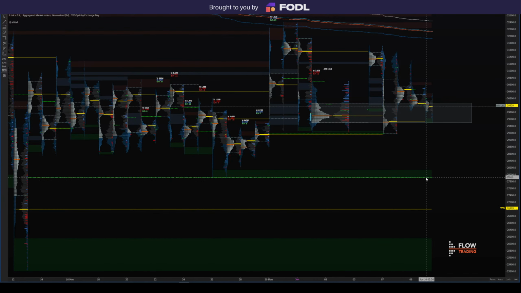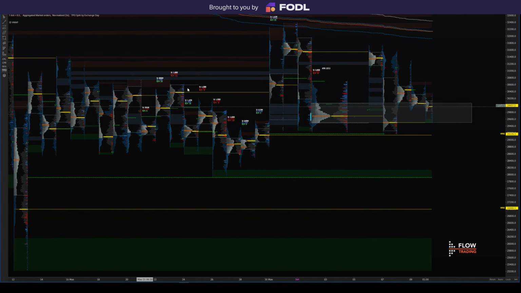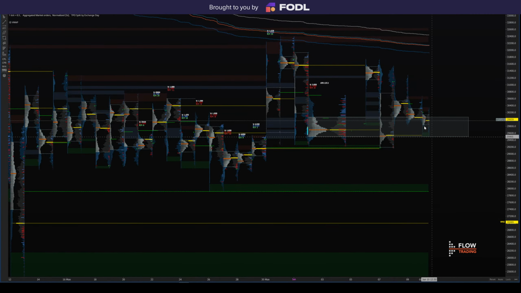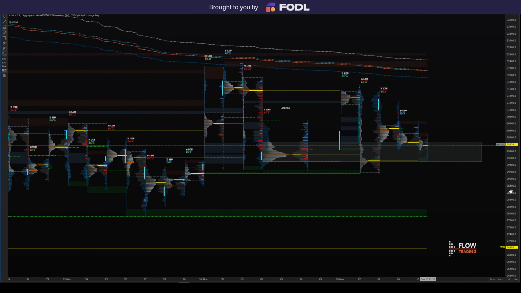Perhaps if I change the tick size that would disappear, but I'm not going to mess around with that right now. But basically this here has been taken. But there's that naked point of control down here, 27,000, 27,500. That is an area of interest in my personal opinion, okay? As far as